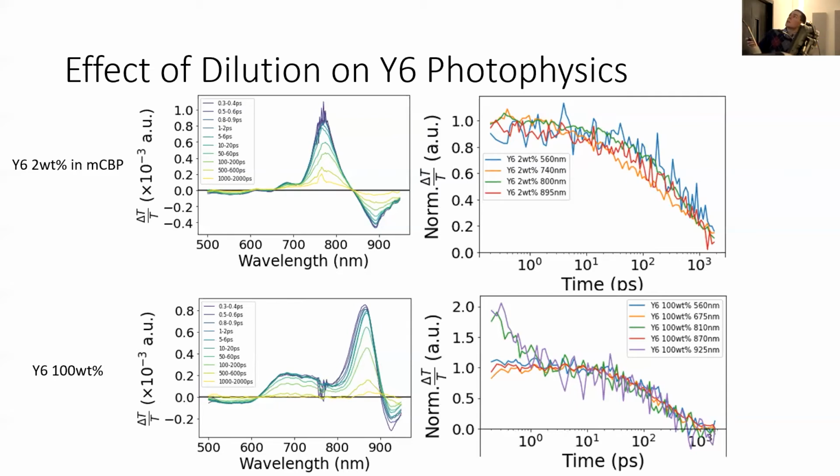And you can see in the 2-weight percent that the kinetics all overlap with one another. There's not anything particularly exciting happening. You're just forming excited state species and then they're just decaying away to the ground state. In the 100-weight percent, something else is happening. The purple and the green trace, which is this area here, this excited state, this area here, we have this very, very fast sub-picosecond